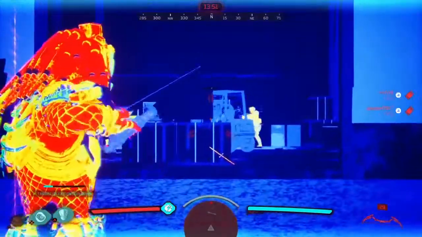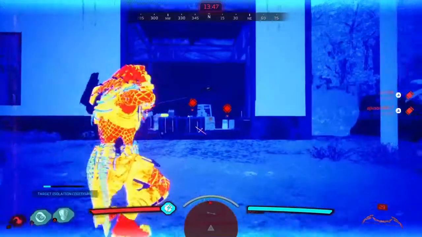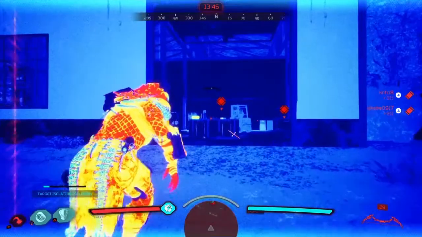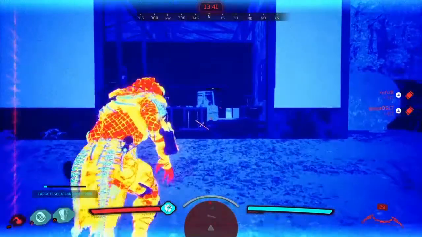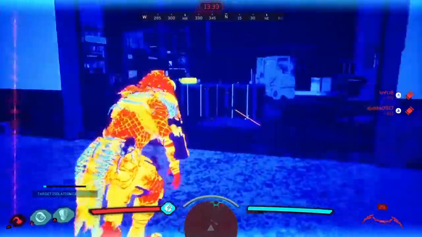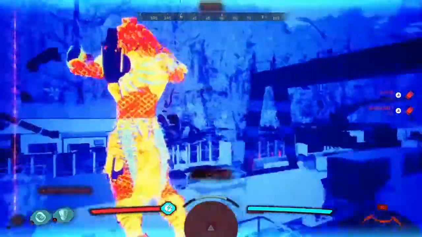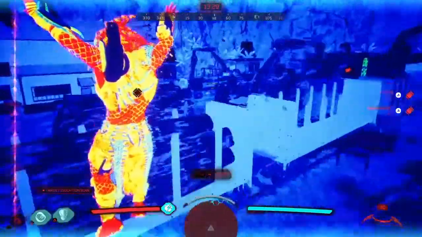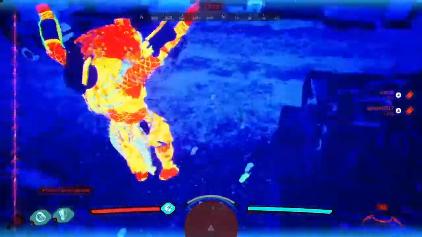So I've spotted the fire team. I've got a couple of them scanned already. You see the red diamonds above their head. I'm crouched, sneaking in slowly, patiently making my way closer to them, watching them. If you've seen my videos before, you know I'm patient. I like to get to know the fire team a little bit as safely as I can. I don't usually just run in there